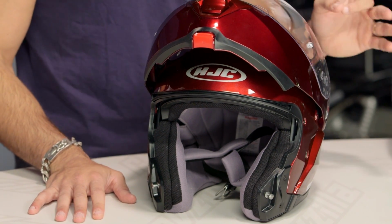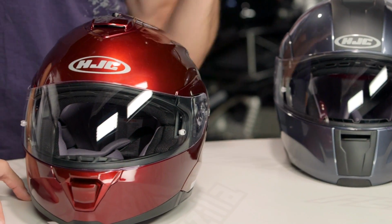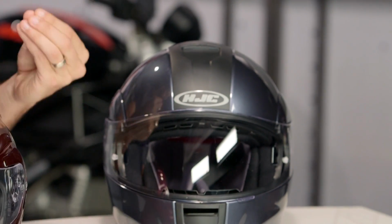A ton of different upgrades, and you're now looking at a helmet that comes in sizes up to 5XL, that has a nice updated scheme to the aerodynamic profile and style. Functionally is better, but I will say this. My favorite thing about it is they've shaved 5 ounces off of it. So now you're looking at a large that used to be, in the original iteration, 4 pounds 1 ounce. Now you're looking at 3 pounds and 8 ounces, which is within a reasonable limit of weight for a modular